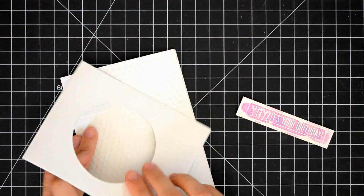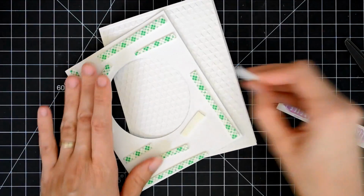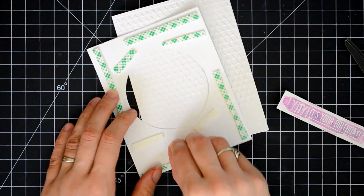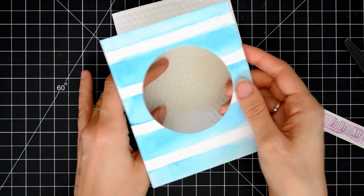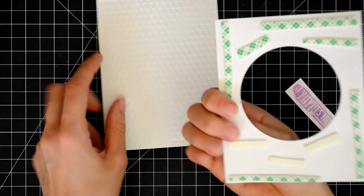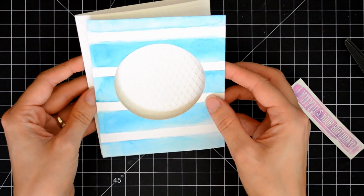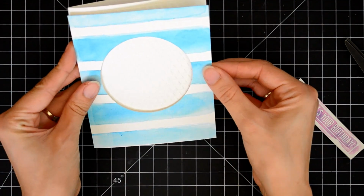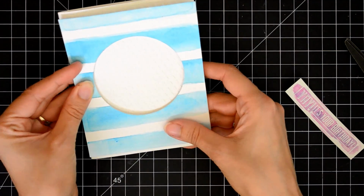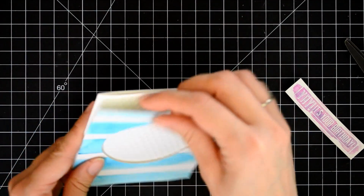Now I'll grab my card base, and I'm going to adhere this front panel to the card with some foam tape. Okay, now whenever I adhere a panel to a card with tape like this, I don't want to remove all of the pieces of tape, because if I don't have good placement, it'll be really difficult to lift up and put back down. So just having a few of them gives me a little more wiggle room and allows me to play around with the placement more. Okay, now that I have it where I like it, I can smush those down